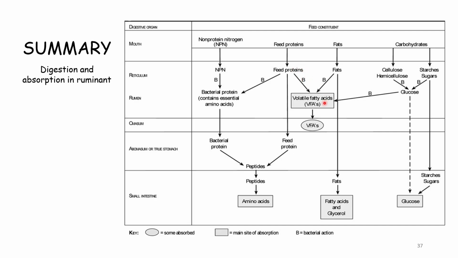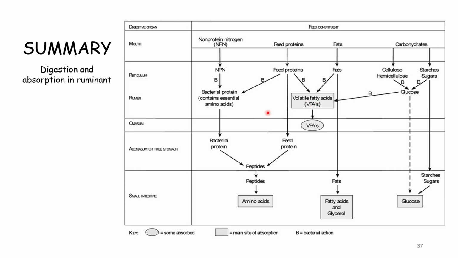Feed protein breaks down into volatile fatty acid, fat also breaks down into volatile fatty acid, and carbohydrate breaks down into cellulose and starch like hemicellulose, sugar, and then glucose,